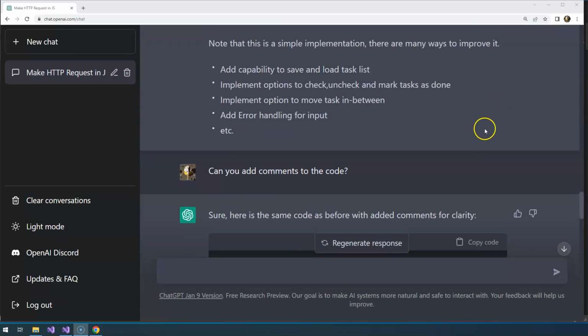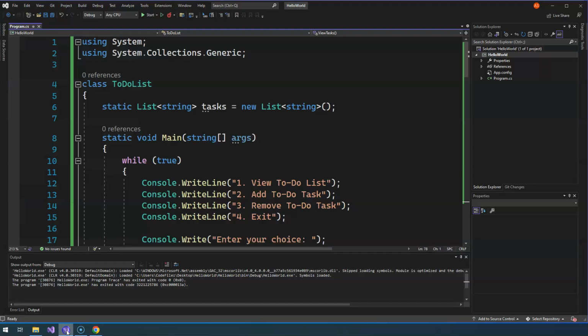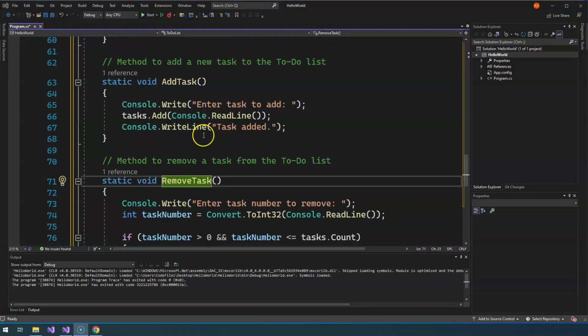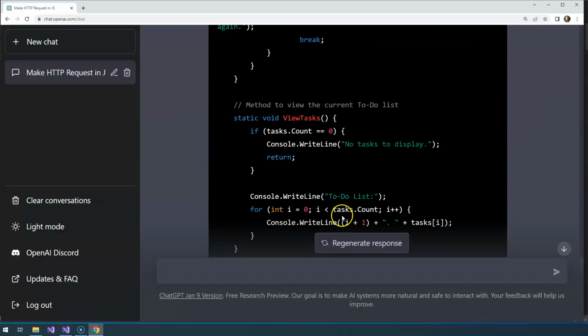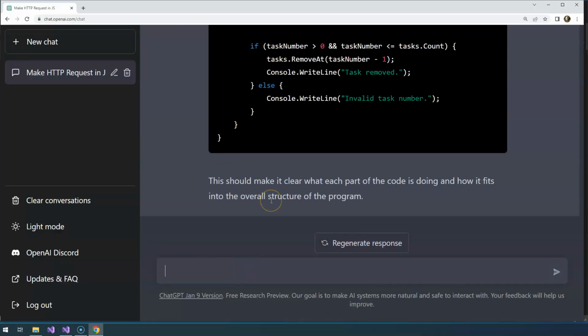Let's continue. I'm going to copy and paste this and replace the old code with this new code that has comments. Okay, very well. And it looks like it's the exact same thing, just with comments. Now let's make it a little bit better. And let's say, can you separate the output of the to-do list menu and the contents of, let's do the to-do list